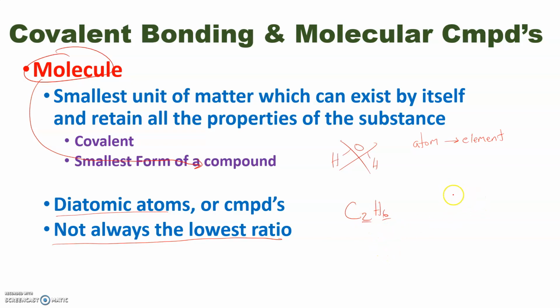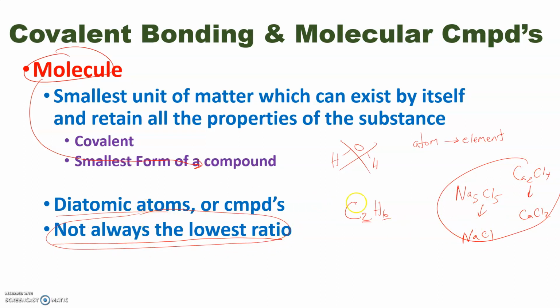If you had an ionic compound on the other hand, like Na5Cl5, you'd never actually write it like that. You would reduce it down to NaCl. Or Ca2Cl4, you would always write it as CaCl2. Ionic compounds you always reduce to their lowest ratio, but covalent compounds you don't, because you want to,